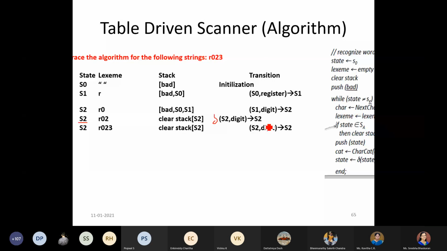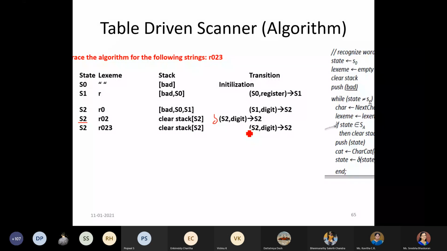Now once all the characters have been taken, after finishing the last character, it would be mentioned as the end of the file. Once you come across the end of the file, we add that into our lexeme. After that, we check whether it's in the accepted state. No, it is in the error state, right?